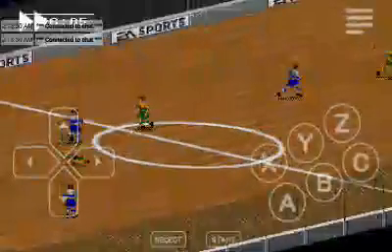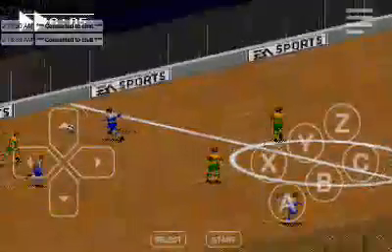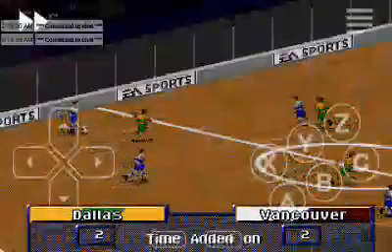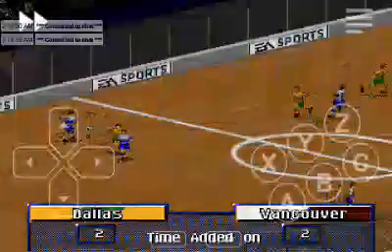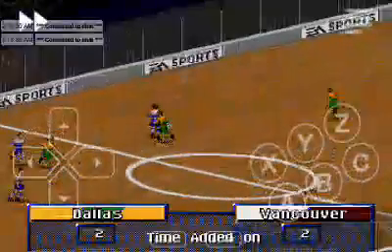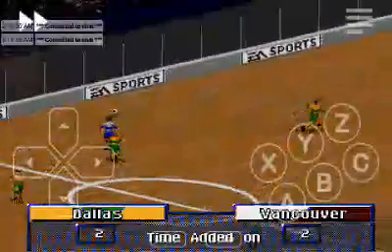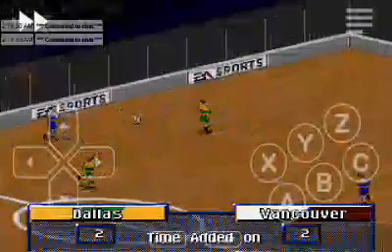But as we were mentioning before, the occasions were clear, and we have entered the time added on right now. Still with the score Dallas 2, Vancouver 2.